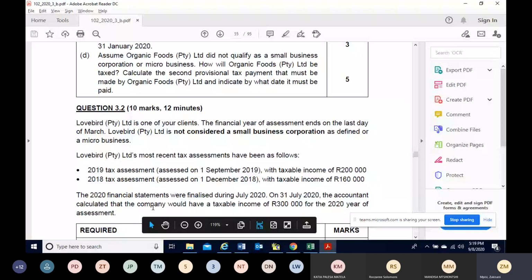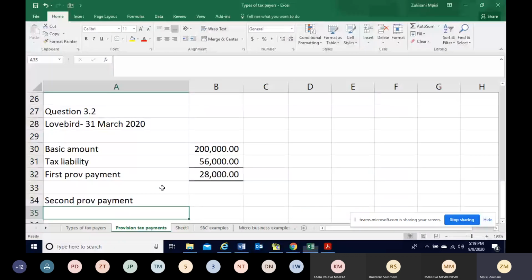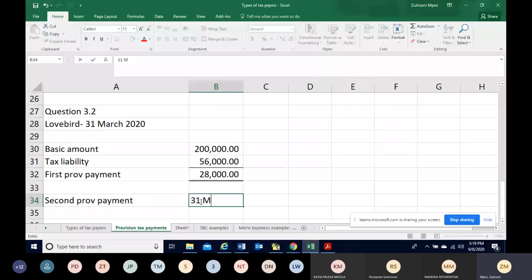So this simply means that on the 31st of July 2020, the accountant provided you a taxable income. So in this case, the question then becomes the second provisional payment, when would it have been due? Remember, this one would have been due 6 months after the first, on the 31st of March 2020. So I want you to look at this date. On the 31st of March, we wouldn't have had